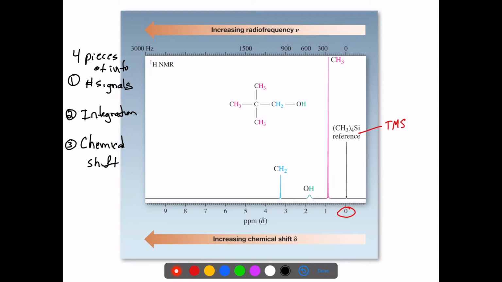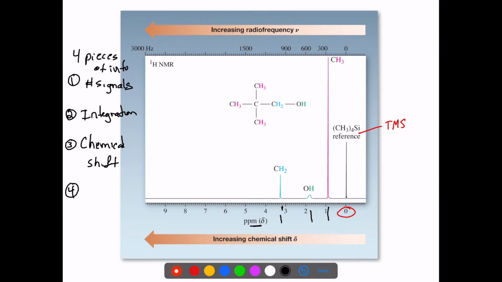So this is the chemical shift, this axis here. Notice it's in parts per million, but notice this one absorbs at about 0.85 or so. This one's about 1.8. This one's 3.2 or so. And basically where they absorb on this scale is known as the chemical shift, and so that tells us some